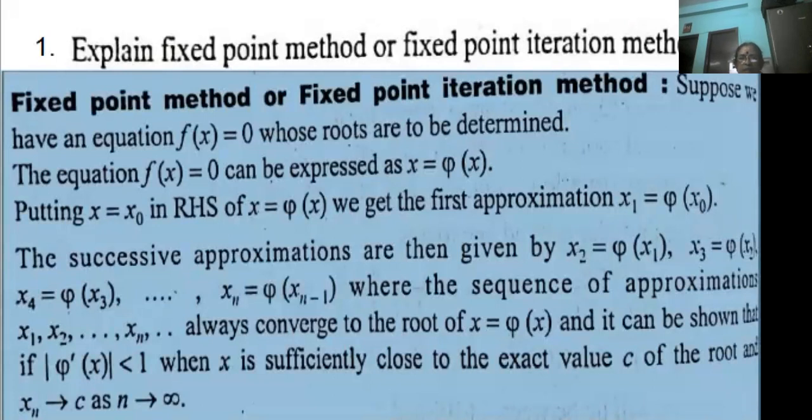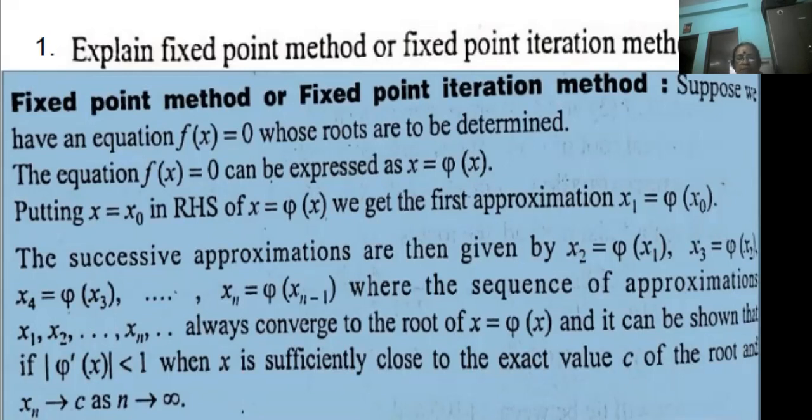So consider the equation f of x is equal to 0 whose roots are to be determined. The equation f of x is equal to 0 can be expressed as x is equal to phi of x. Putting x is equal to x naught in the right hand side of x is equal to phi of x, we get the first approximation x1 is equal to phi at x naught. The successive approximations are then given by x2 is equal to phi at x1, x3 is equal to phi at x2, x4 is equal to phi at x3, and further the nth approximation xn is given by